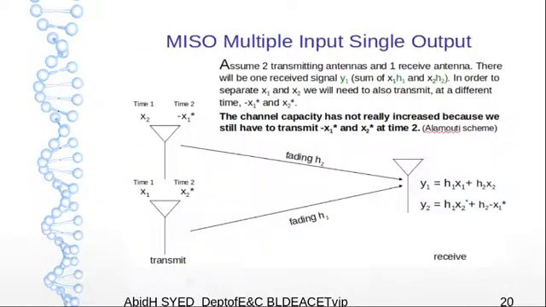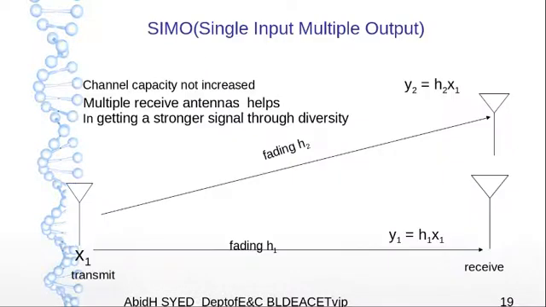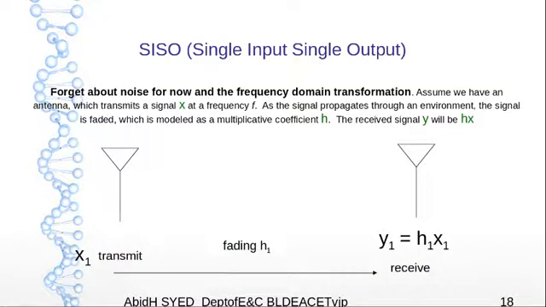Actually we are discussing here the MIMO concept, multiple input and multiple output. In order to understand multiple input and multiple output, let us first understand what single input single output and the other cases are. As is evident from this graph, there is one transmitter, and at a certain distance we have a receiver. This is a channel fading H1. So what we are getting is Y1 is equal to H1 into X1, right?